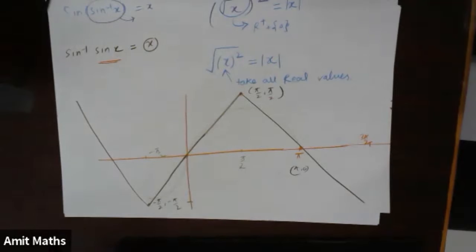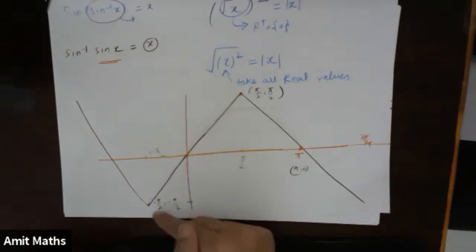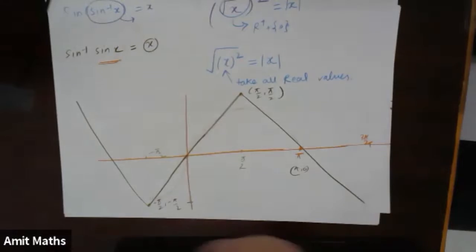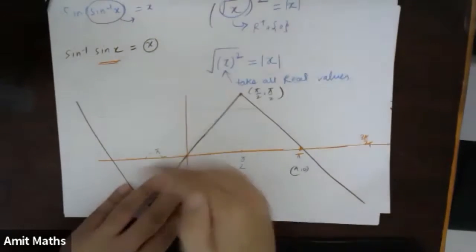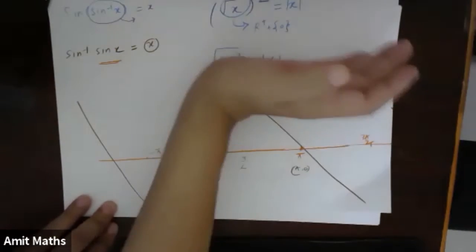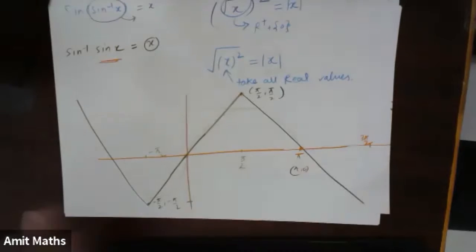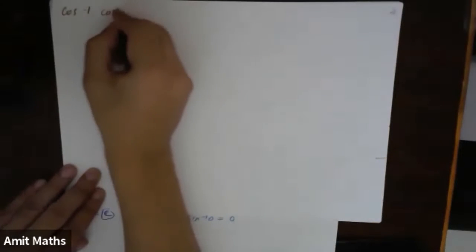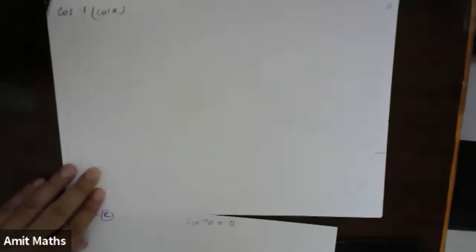0 to pi. Yes. So now this part was moving from minus pi to pi, and cos inverse of cos will move from 0 to pi. So this whole thing will shift upwards, and we just have to check how to arrange it. Okay, fine. Very good. Now let's try to draw the graph of cos inverse of cos x, right?